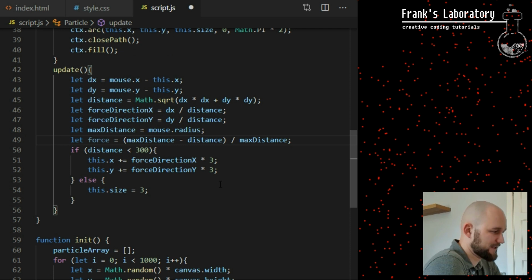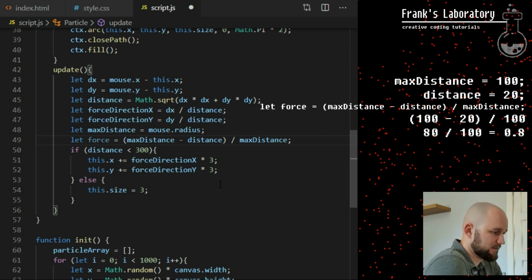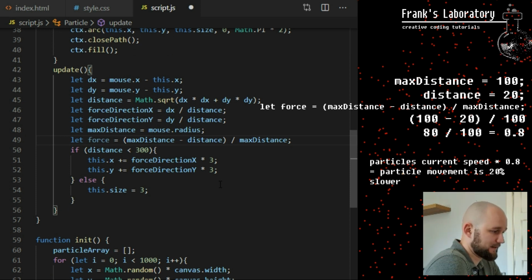And once I have that value, I divide it by max distance again, which will tell me what proportion of max distance it is. Quick example, if max distance is 100 pixels and particle's current distance from mouse was 20 pixels, max distance minus current distance would be 80. Then 80 divided by 100 is 0.8, so our force would be 0.8. Basically anything multiplied times 0.8 is 20% less, so it will slow our particle down by 20%.